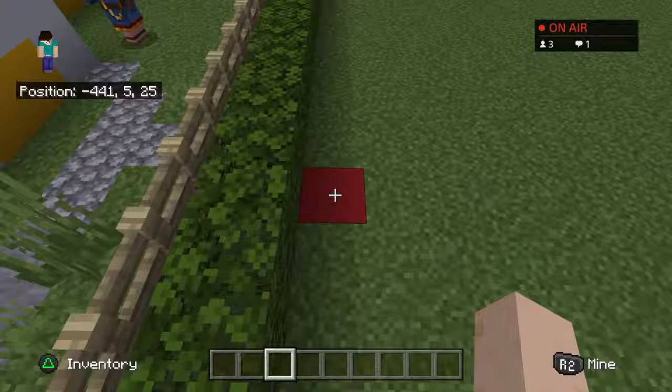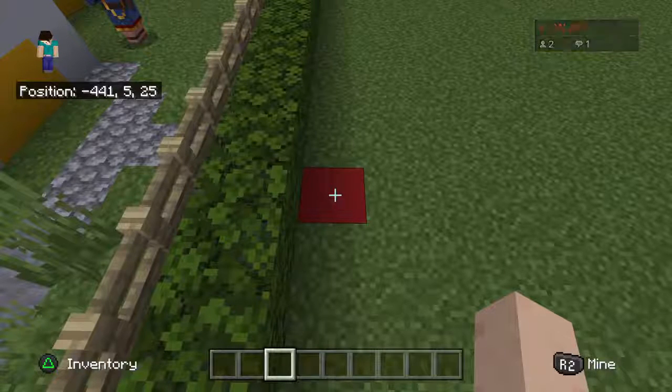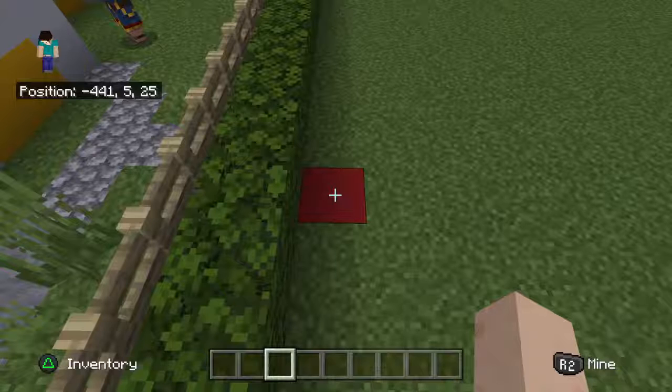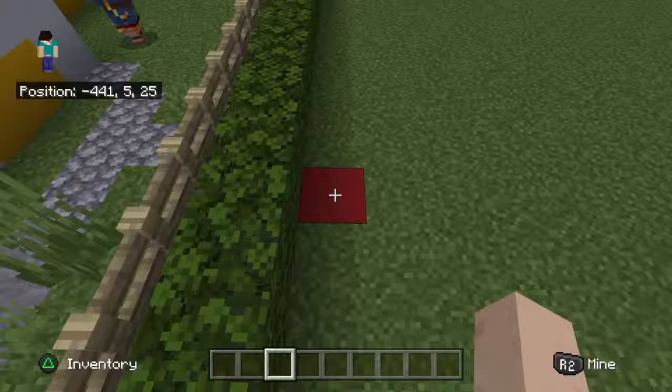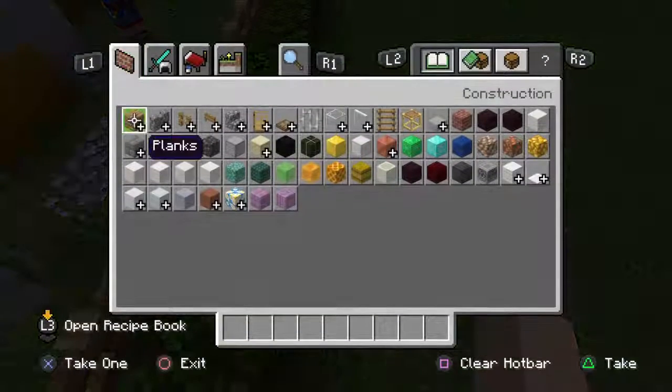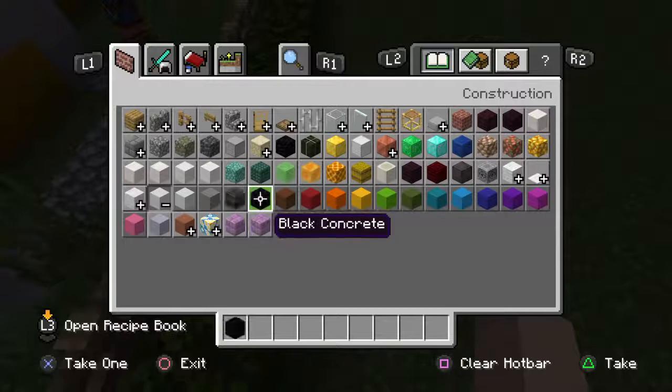So before we begin, I can tell you that this house will require a 42 block by 23 block area, 23 blocks front to back. We will also